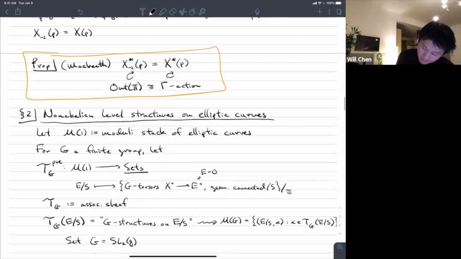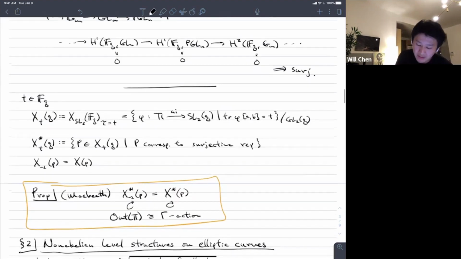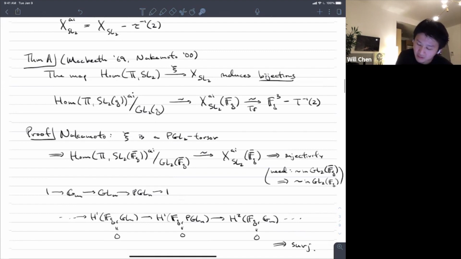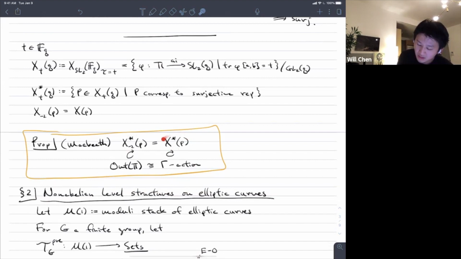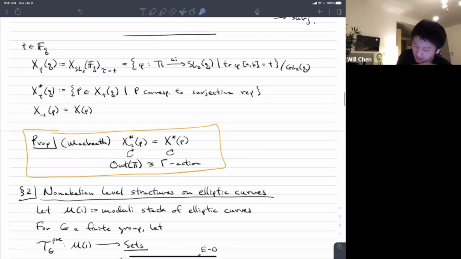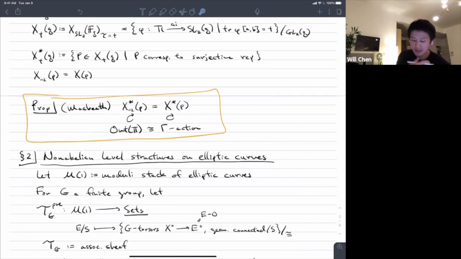Okay. So once we have this in hand, we have this very explicit description of the FQ points of the Markov surface in particular. So by this theorem, for the FP points of the Markov surface, x star p, we've established a bijection between this and the set of absolutely irreducible, surjective representations with trace invariant -2. So that's what we've established. So at this point, we can connect this to an étale geometric fiber of some map